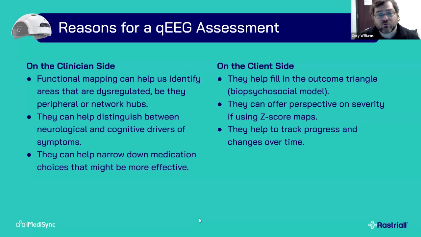I work in mental health, and I could not imagine running this clinic without looking at brain data. We use it to identify training targets or treatment targets. We use it to help distinguish between whether symptoms are caused by neurological dysregulation or cognitive issues, right? And as you all know, I'm sure, the thought process is an important piece to all this. For some folks, they need help with the brain and the thinking patterns. For some people, it's one or the other. And so the EEG can help us to figure that out.